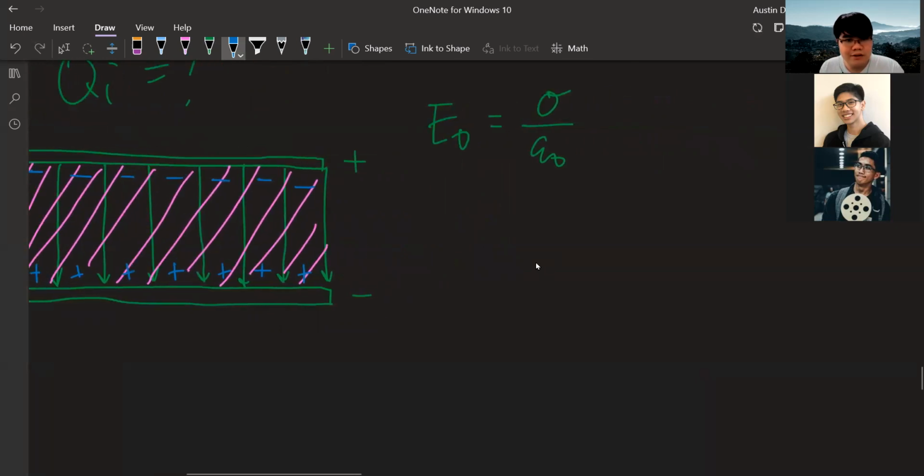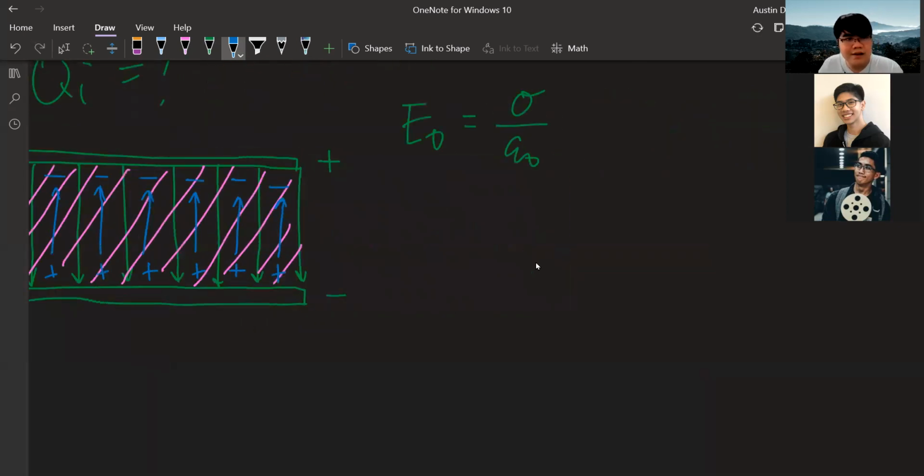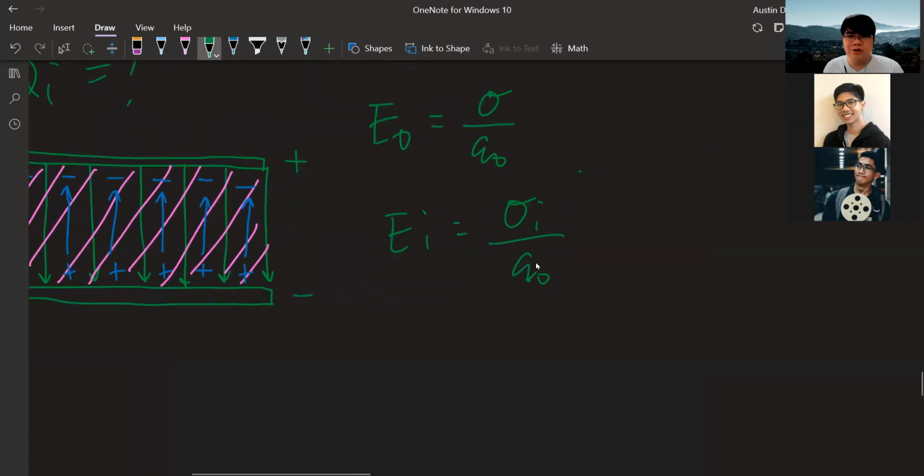Okay? So meron kang another field na pataas. We're simply just opposing the original electric field. Okay? So I'll call that E_I, which is sigma I over epsilon naught. Okay? So the total field would be